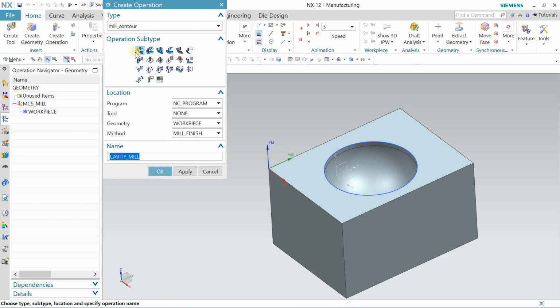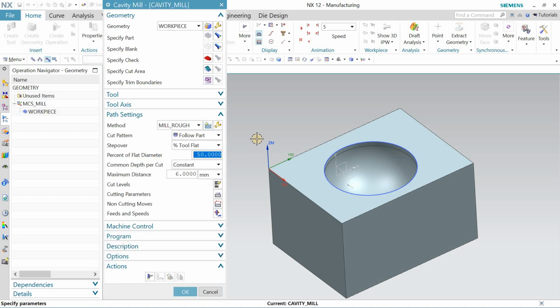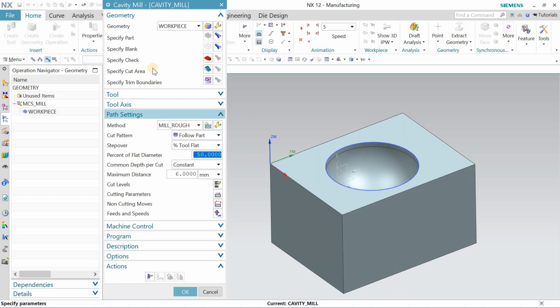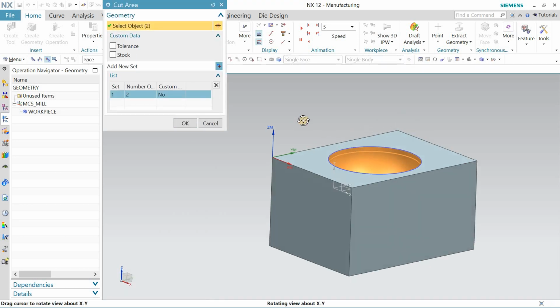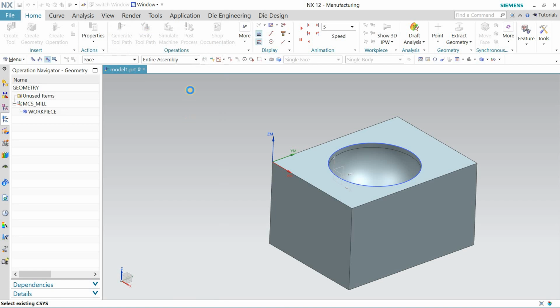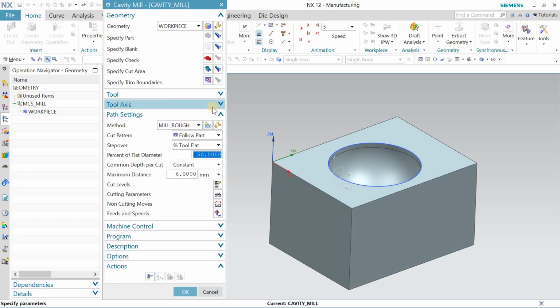And I'm going to create an operation and go to the mill contour, cavity mill, and see program, workpiece is defined, and this is the mill rough cavity mill. Okay, specify cutting area. So this is the cutting area. Trim boundaries to follow the part, mill rough constant